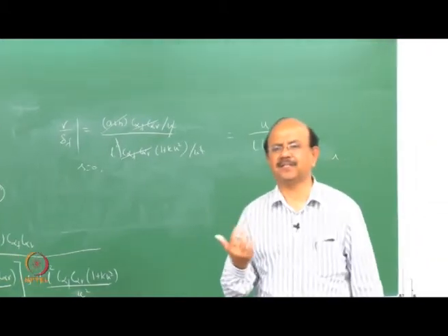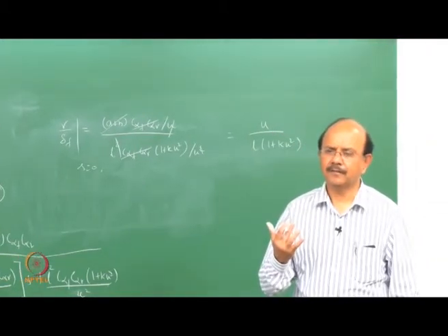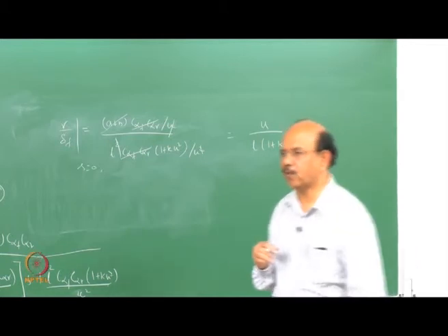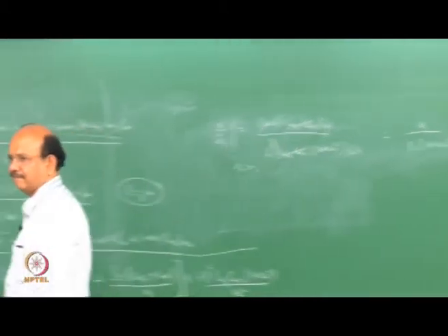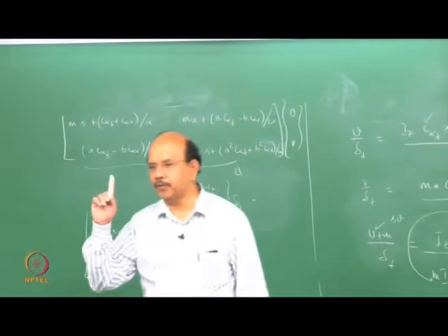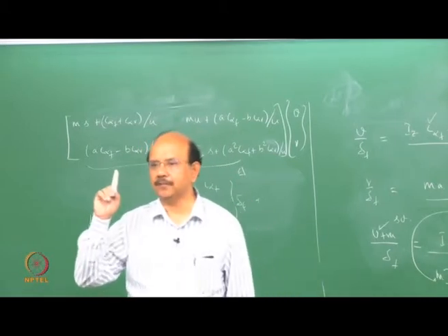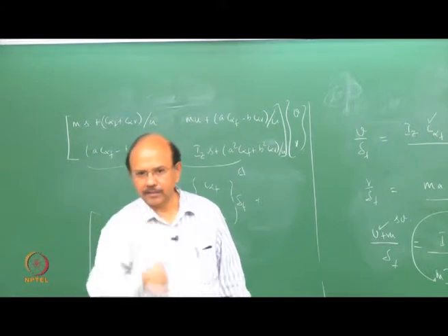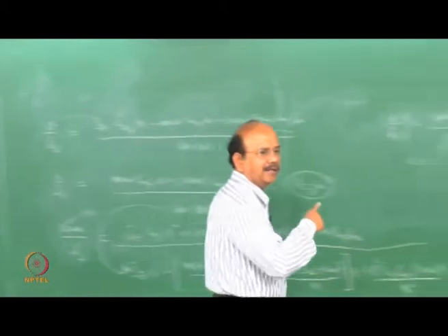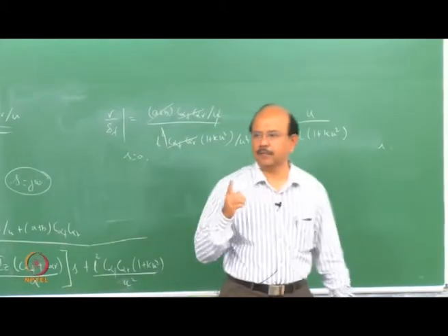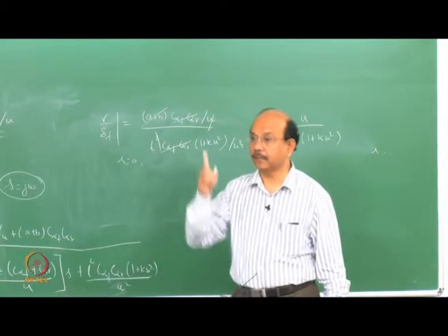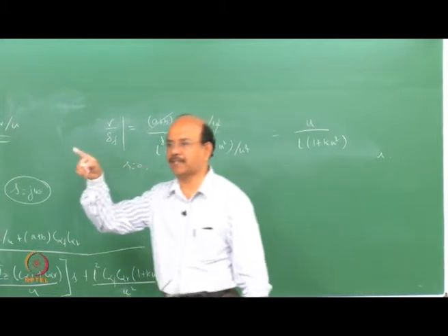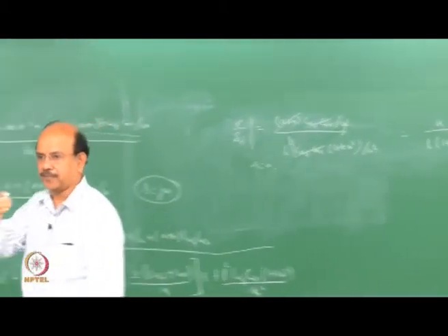Why do we call this the understeer gradient? What is this gradient about? Remember that graph which we talked about in terms of delta versus U squared by R. Go back and check that graph. So in other words, delta is equal to K into U squared by R plus L by R. That was the expression that we got, right?